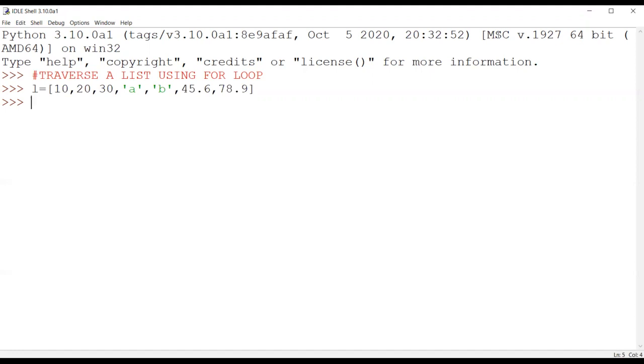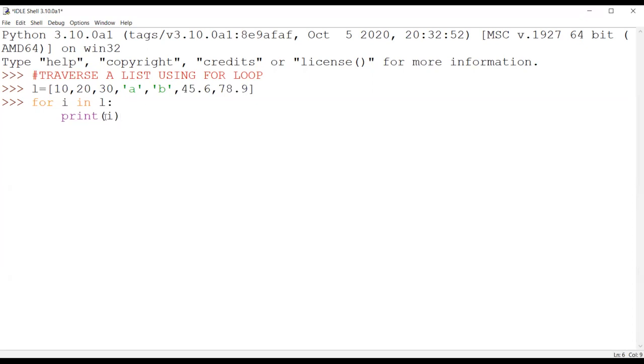That means I want to reach, or we can say access, each and every element present inside my list. For that, I can write for i in L. That means i is my iterative variable, which is going to iterate over each and every element present in my list. And what is my list? L. L is the name of my list. So I'm using the in operator over here, which is saying i in L. Now, I'll be writing the statement print of i.